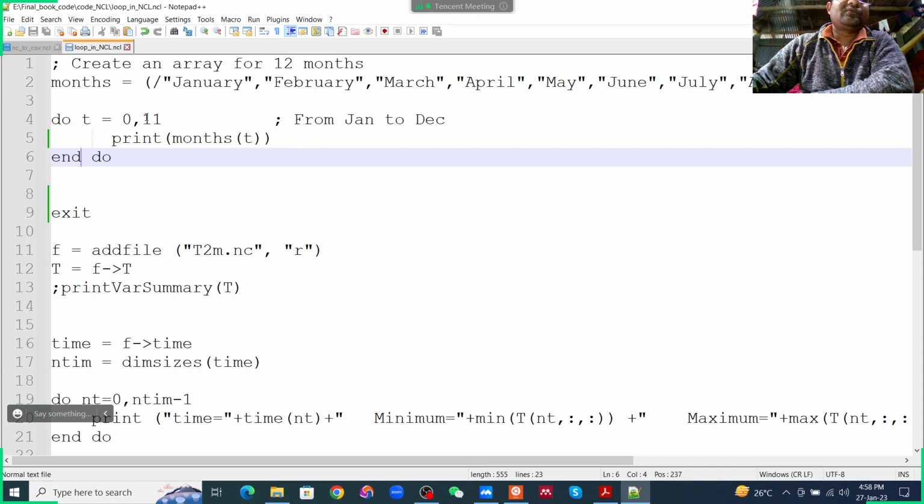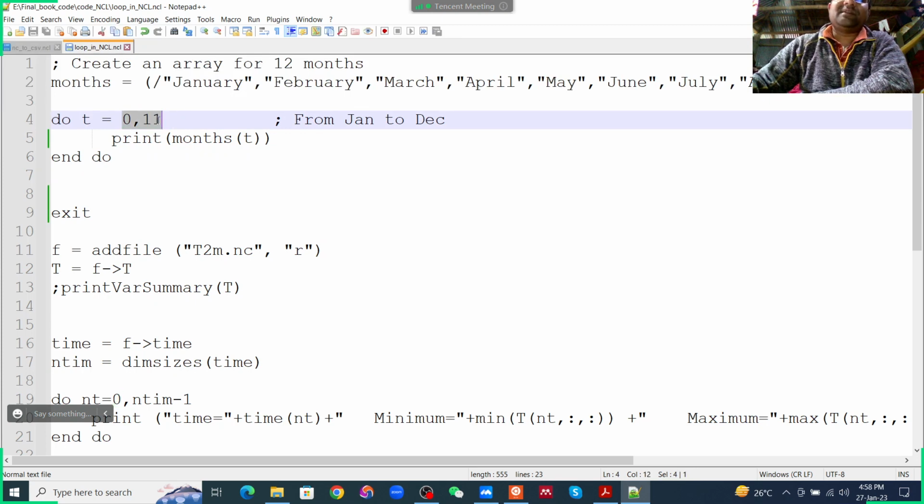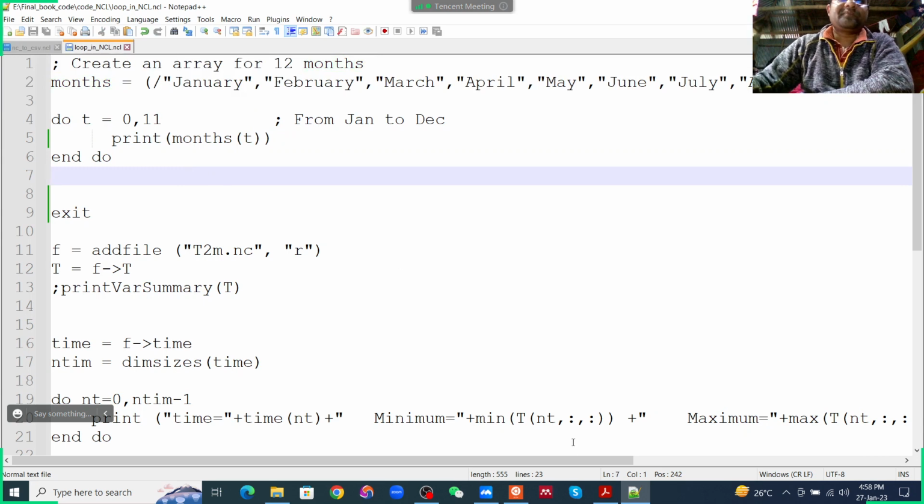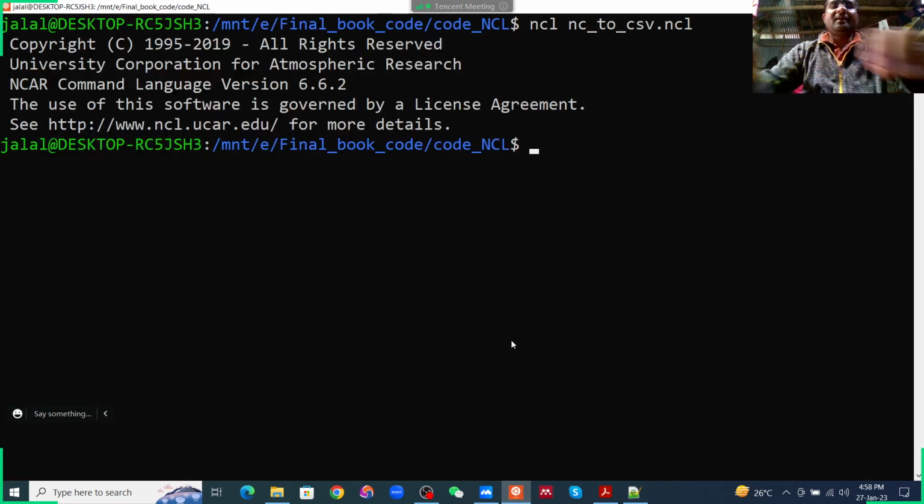So do t equals 0 to 11. That means NCL is 0 based. 0 based means 0 to 11 means 12 months, from January to December. Then I want to print the months. I have created an array for 12 months: January, February, March, April. I want to print just for understanding. Okay. Then you run